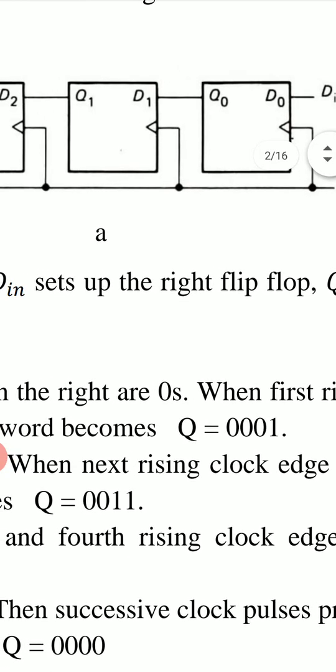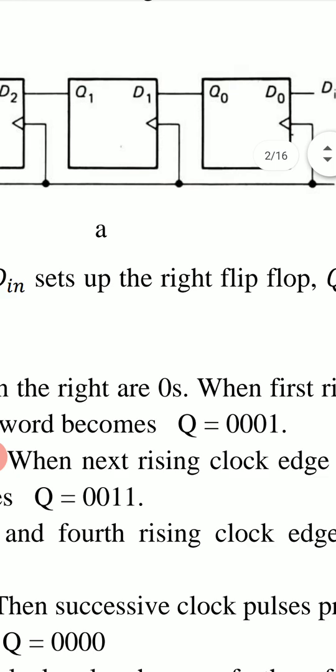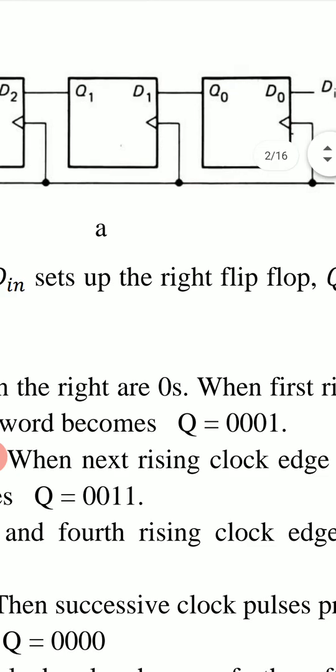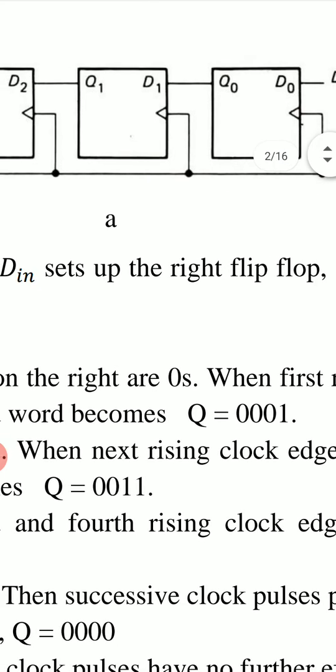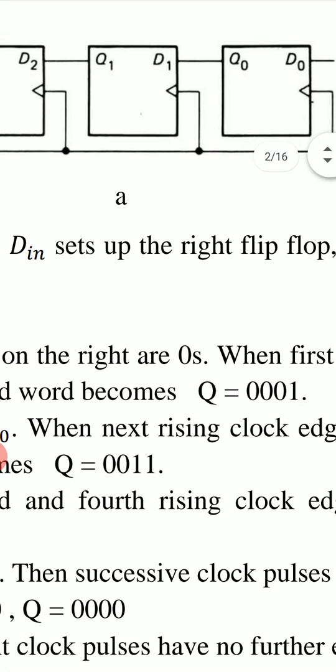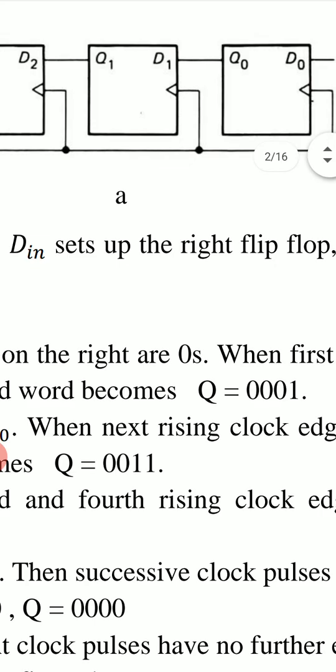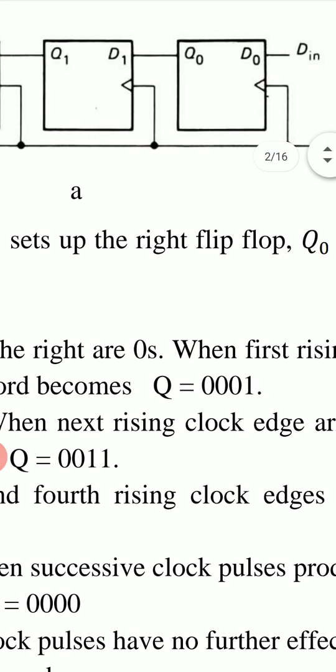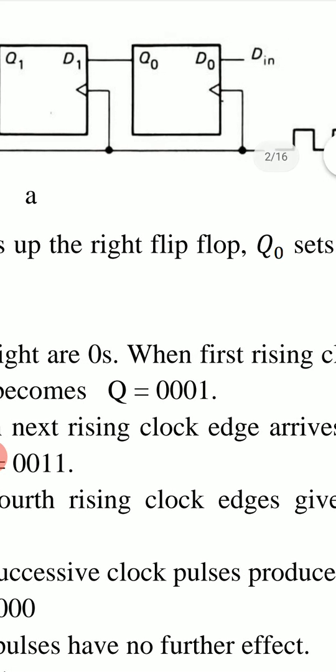And now this Q0 goes to D1 and Q1 becomes equal to D1, that is 1, when the next positive clock edge arrives. So for each next positive clock edge, this bit 1, which is the D input, shifts to the left,